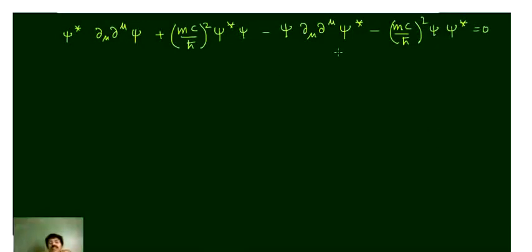Now you immediately see that (mc/ħ)² psi star psi and (mc/ħ)² psi star psi cancel, because these are the same thing, and since psi and psi star can be swapped, these are the same thing. So this is equal to